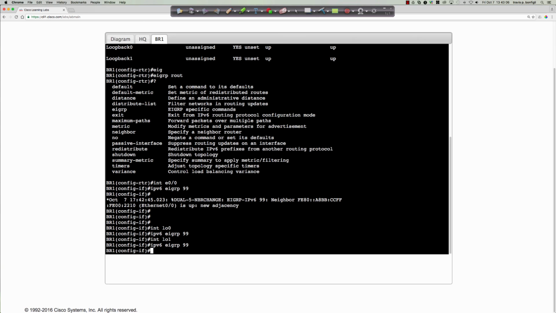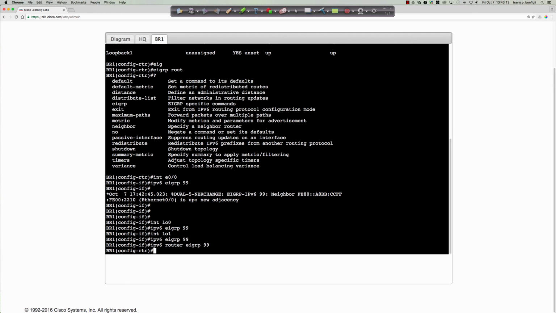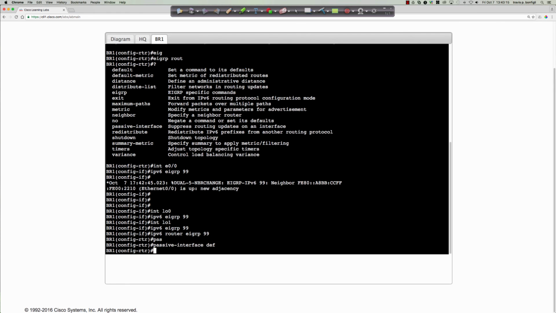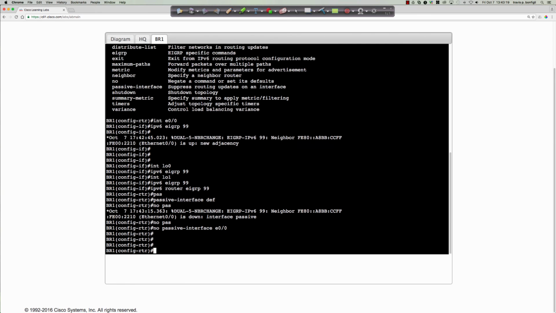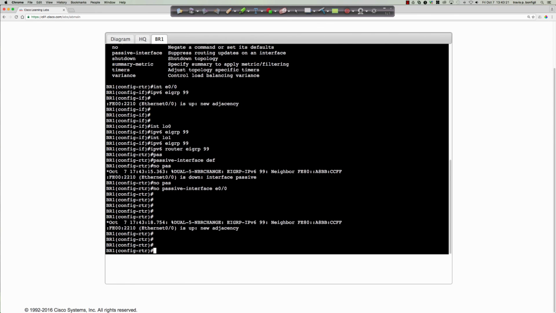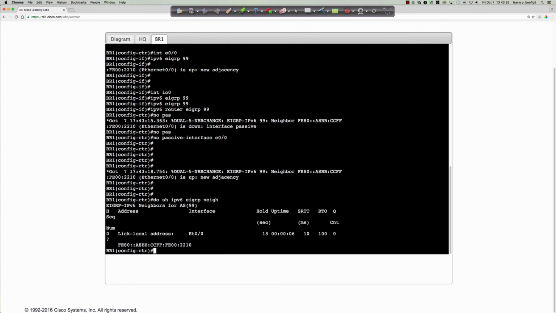But here's also what I'm going to do. And I should have done this before. We're going to say IPv6 router EIGRP 99, and I'm going to say passive-interface default, but then no passive-interface Ethernet 0/0, which will bring back my adjacency, and there you go. So now if I say do show IPv6 EIGRP neighbors, you can see here, and again, the 7 that you